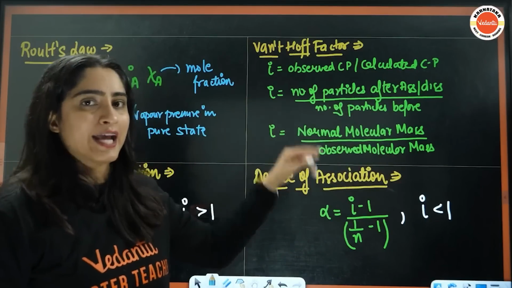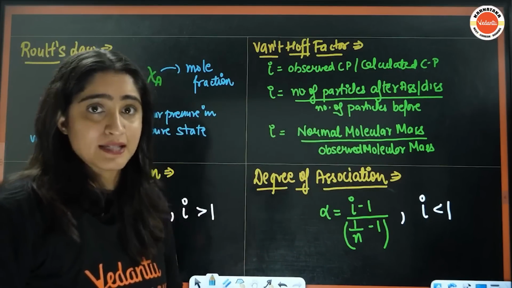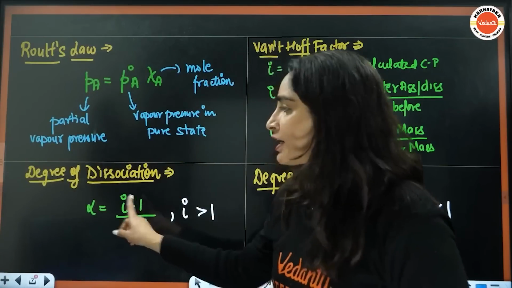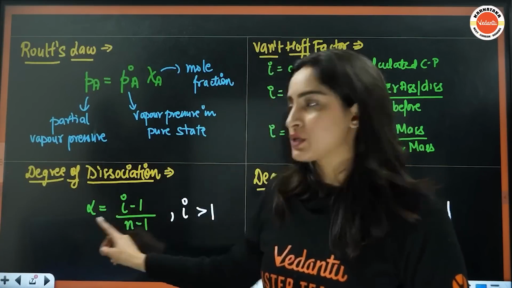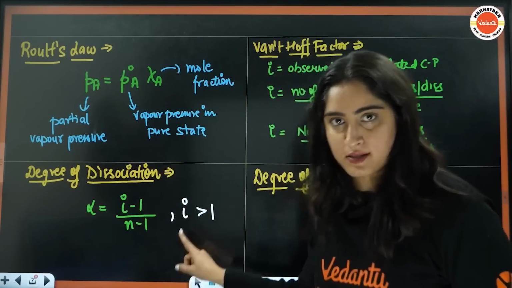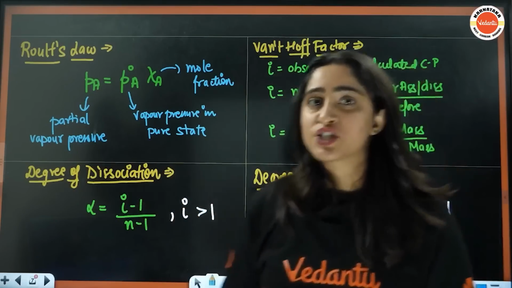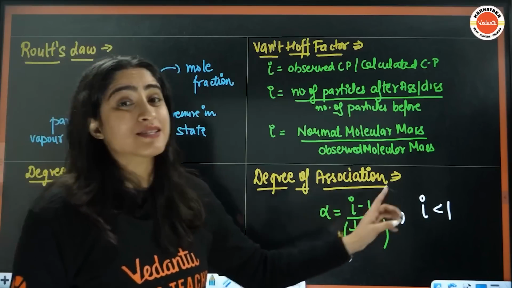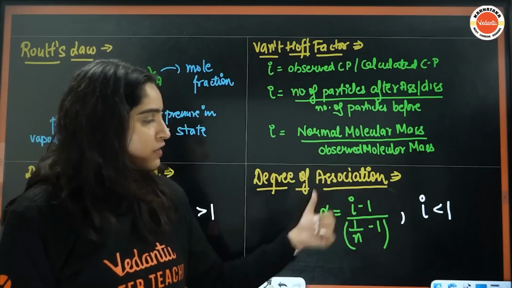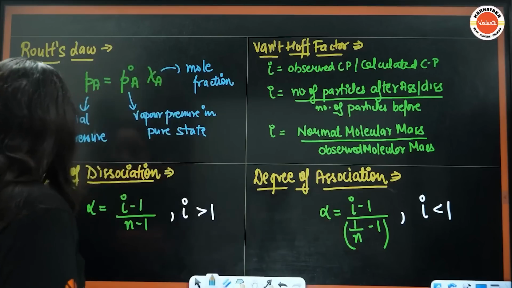Here you will calculate the i and put it in the colligative properties. Also, if there is dissociation, then the colligative property is related to the degree of dissociation with this formula. The Van 't Hoff factor is always greater than 1 for dissociation, and always less than 1 for association. Here it is related to the degree of dissociation with this formula, right? Okay, so now